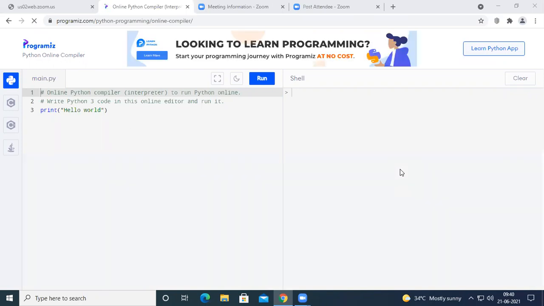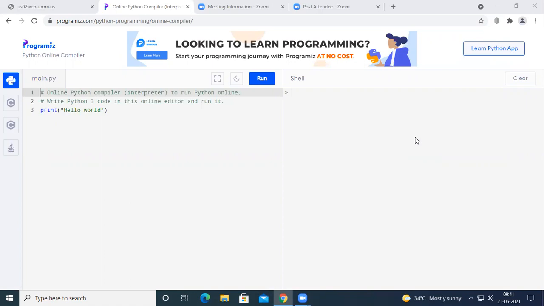So, from the last 3 or 4 days, we have started this unit number 3, and under this unit number 3, we have already discussed that there are two parts. The first one is the things regarding list, tuple and dictionary. So in the first part, we are discussing the operations under the dictionary, the operations under the tuples, and the operations under the list. In the next part of this unit, we will discuss functions, about recursion functions, arguments, etc.